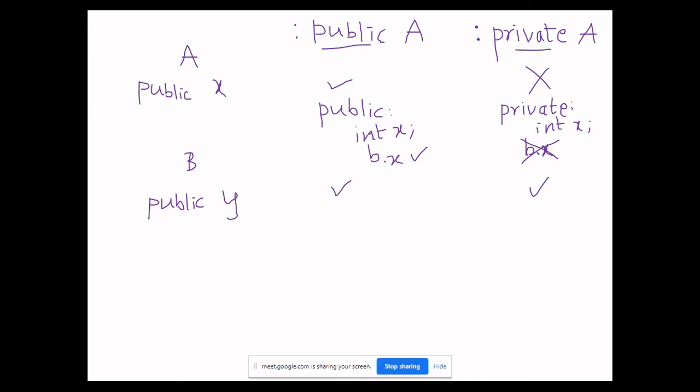So this is how the keywords that are mentioned in the beginning of derived classes affect the visibility of inherited members. Is this part clear? Whatever I explained on this slide?